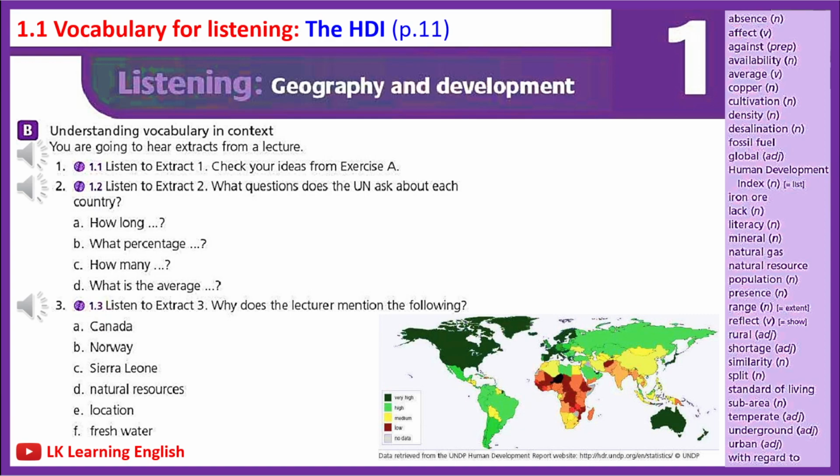So what are the similarities between the dark green countries, the ones with the high HDI? Is it their location in the world and their climate? Is it their natural resources? Is it their style of government? And what about the poorest countries in the world? What factors do they have in common? It could be population, poor agricultural land, or a lack of fresh water. I want you to consider these ideas and